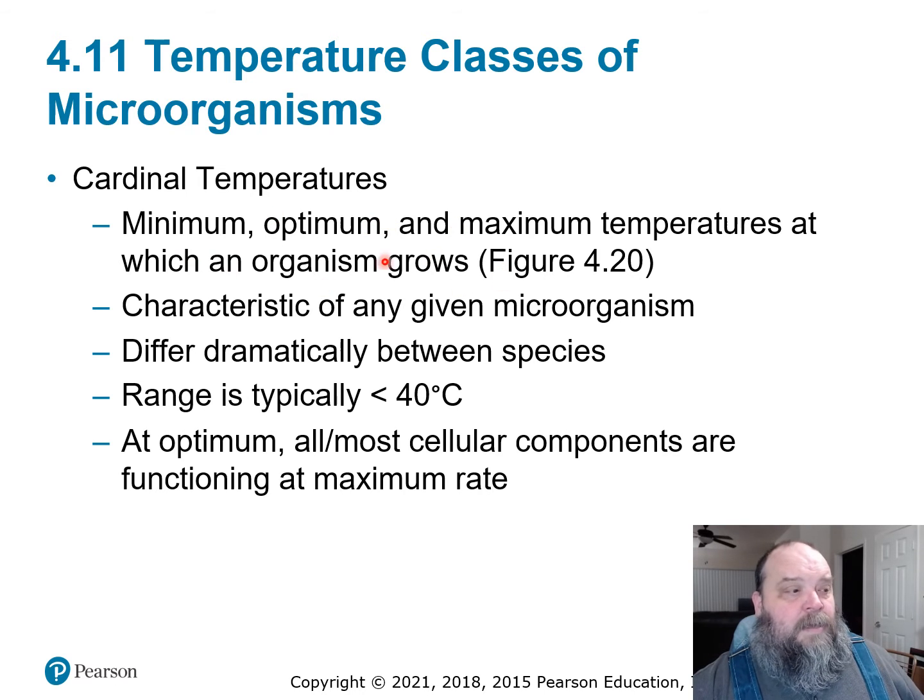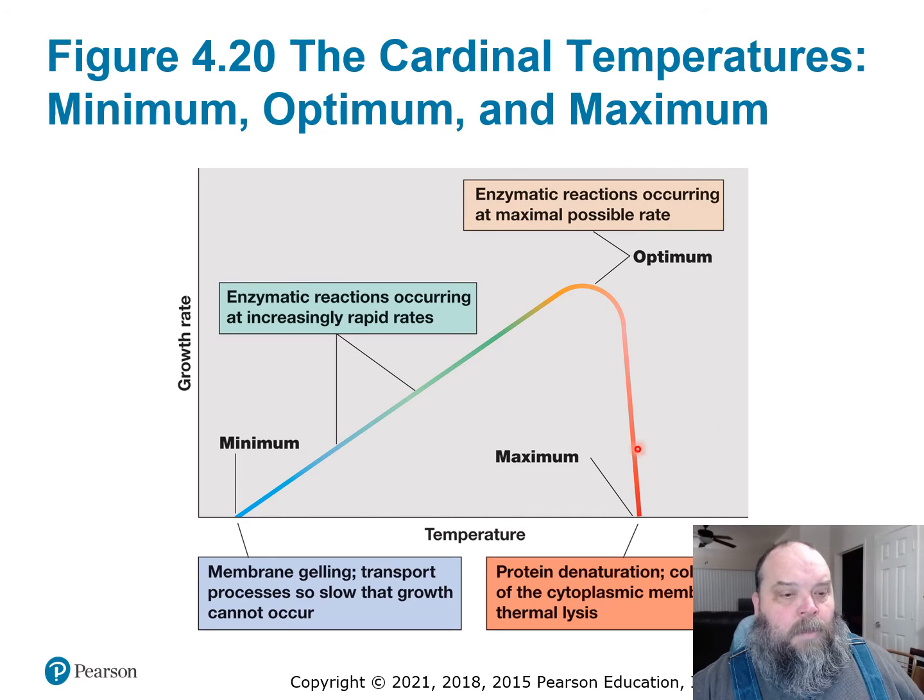And this is going to be species to species, genus to genus. We're going to see that these numbers will be different. This is characteristic of all species, all organisms of that species. Too hot, too cold, there's a just right temperature. It goes to their metabolism. Okay, remember,